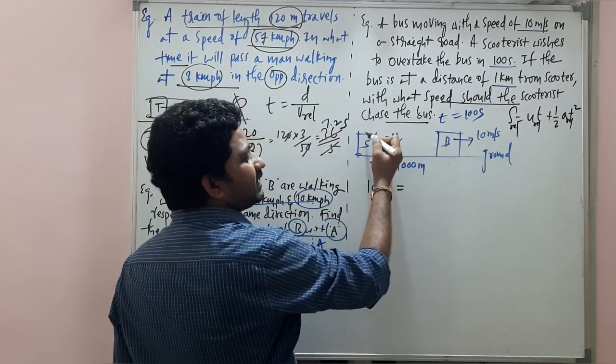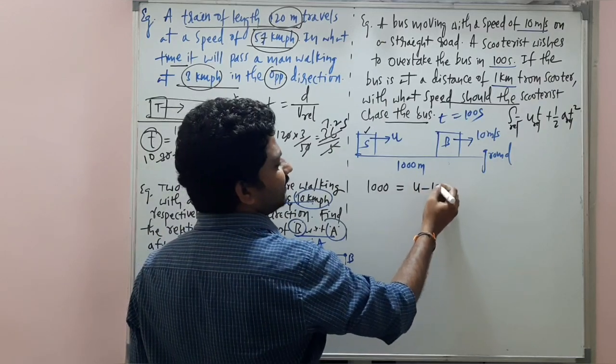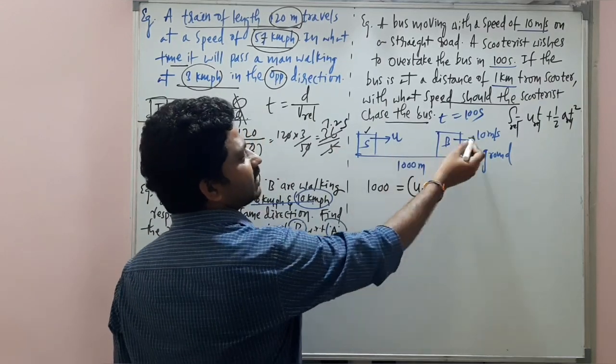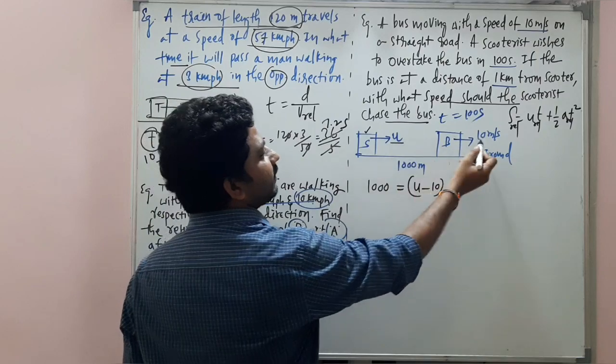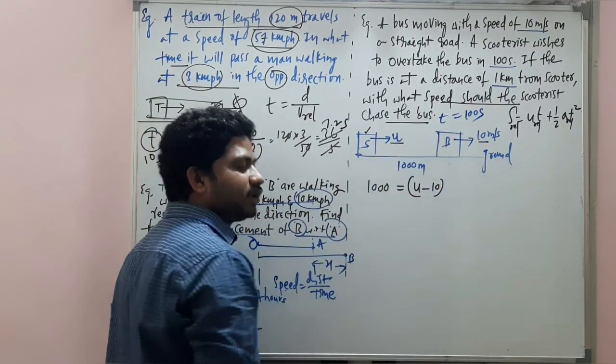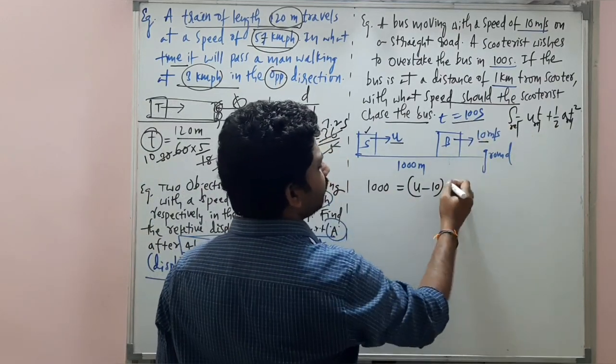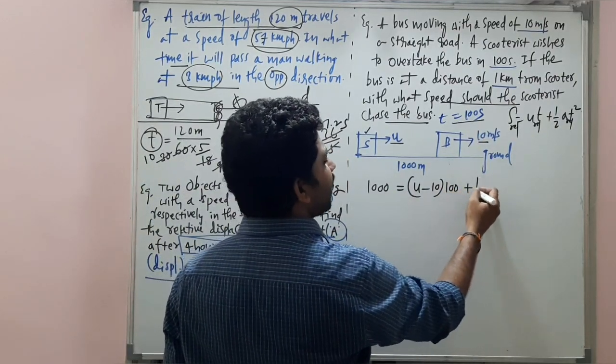Relative speed of the scooter with respect to the bus. So that is U minus 10. Understand? Both are moving in the same direction, so I can say this speed minus this speed. That's the relative speed of the scooter with respect to the bus, into time. In what time is it happening? 100 plus half into